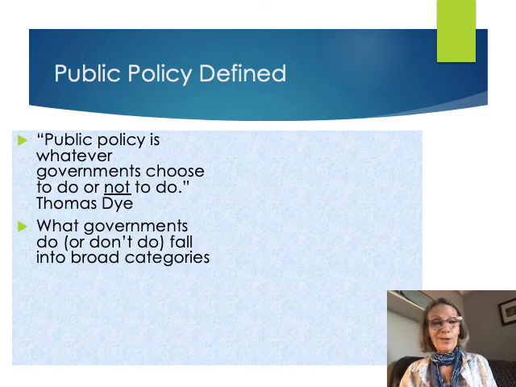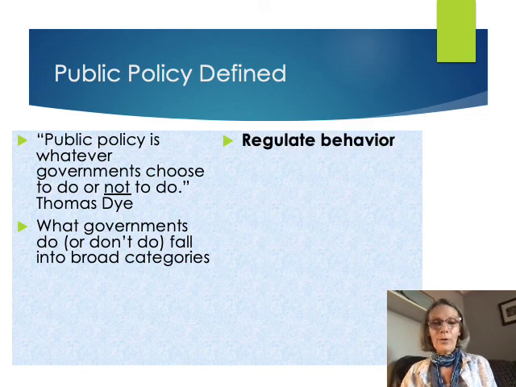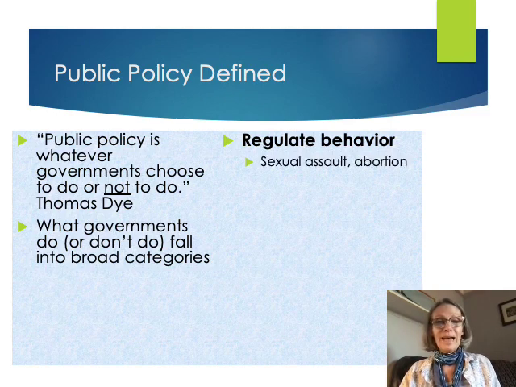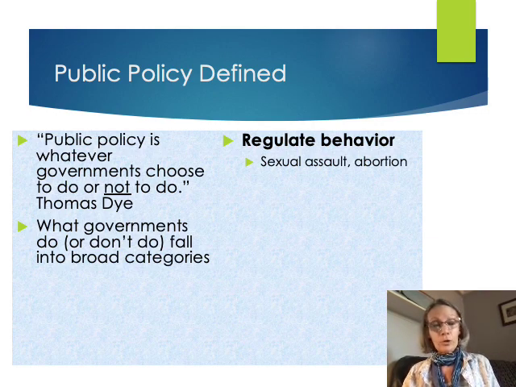Now, what government does or doesn't do falls into broad categories. So let's take a look at some of those broad categories. One thing that government does is it regulates behavior. It looks at the behavior within society and it says, this behavior is perceived as a problem, and therefore it needs to either be regulated or it could be prohibited altogether, criminalized. And so some examples of behavior as it relates to gender and public policy are sexual assault and